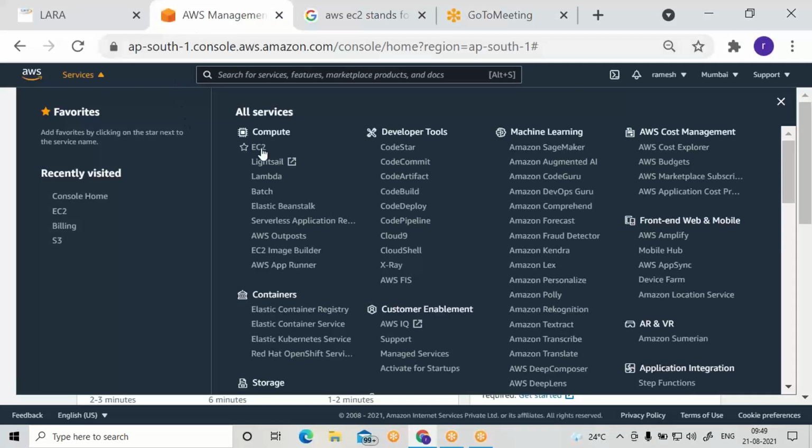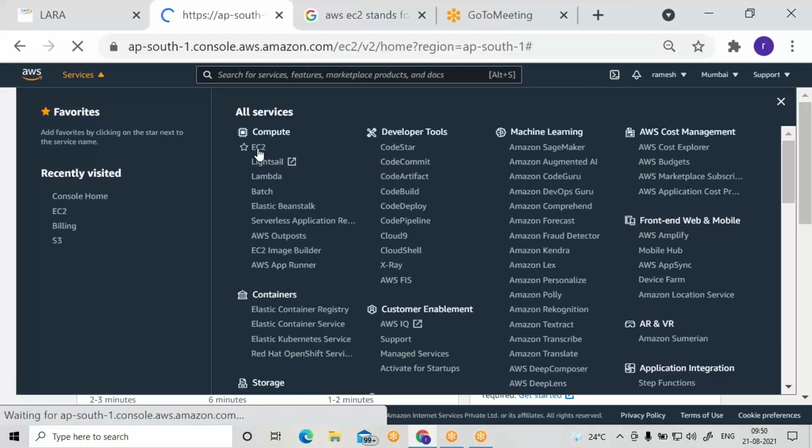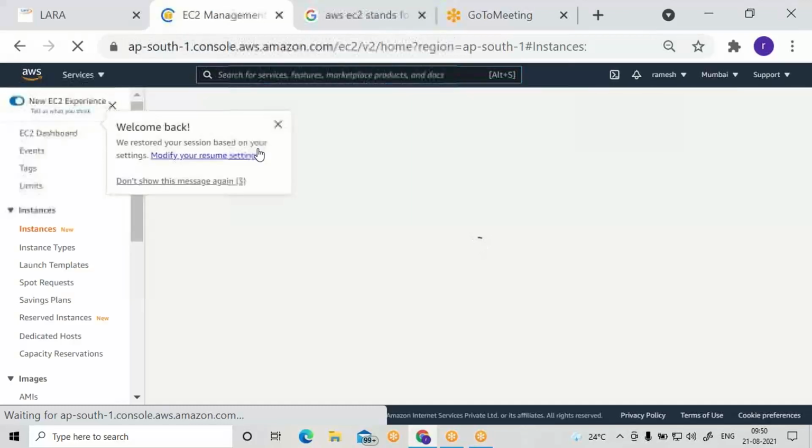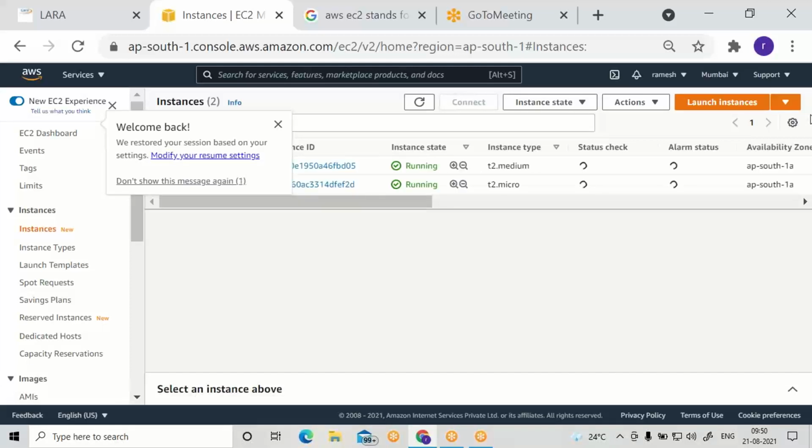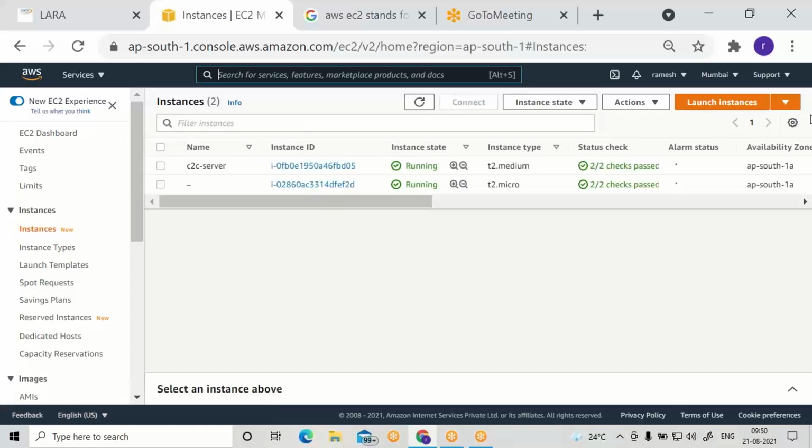Go to the services, select EC2, Elastic Compute Cloud. After creating EC2, you will be getting instances 0.